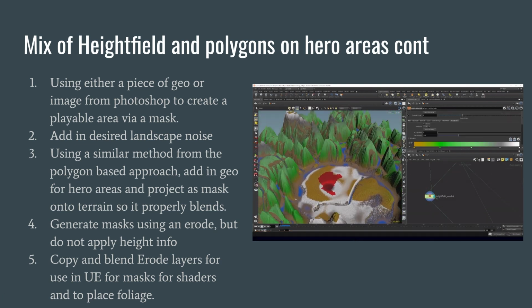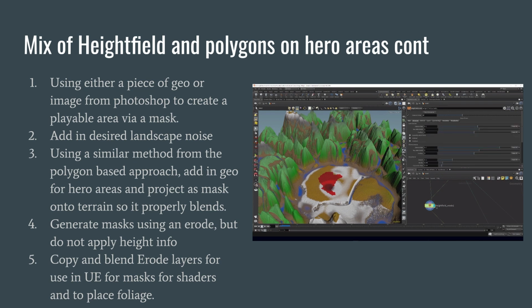That for us, this works really well. So the next thing that we want is, again, we wanted Houdini to generate a lot of different layers that we could use as masks in our shading system, and also to generate and place foliage in Unreal. So we just use a very simple Heightfield Erode node, and we sim it out a little bit, but